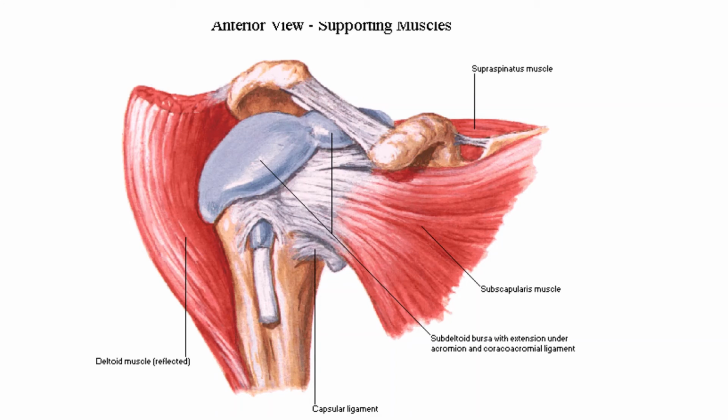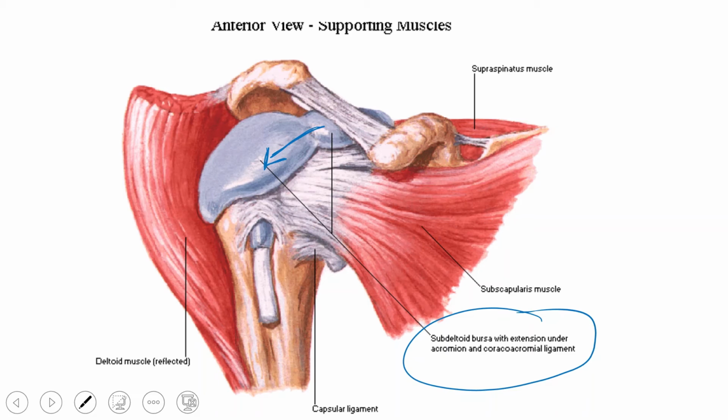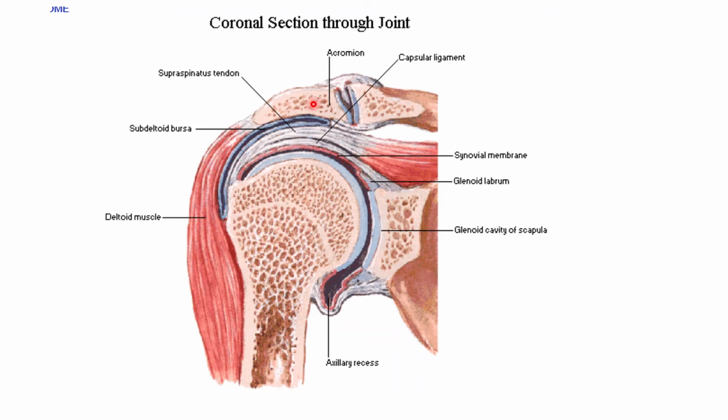Here we can see the picture showing the subdeltoid bursae. As I have already told you, the subdeltoid bursae is nothing but the extension of the subacromial bursae itself. So beneath the coracoacromial arch, the bursae is called the subacromial bursae, whereas the same bursae extends downwards beneath the deltoid and makes up the subdeltoid bursae, as we can see over here. This is the synovial sheath covering the long head of the biceps deep to the transverse humeral ligament, reaching up till the surgical neck of the humerus. Now in this picture we can see the subdeltoid bursae over here.